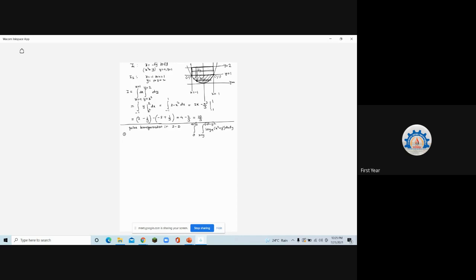That is called transformation. Actually it is r square, na? You know the polar coordinates. x is equal to r cos theta and y is equal to r sin theta. Yeah, exactly. Absolutely. That's what we are going to do.